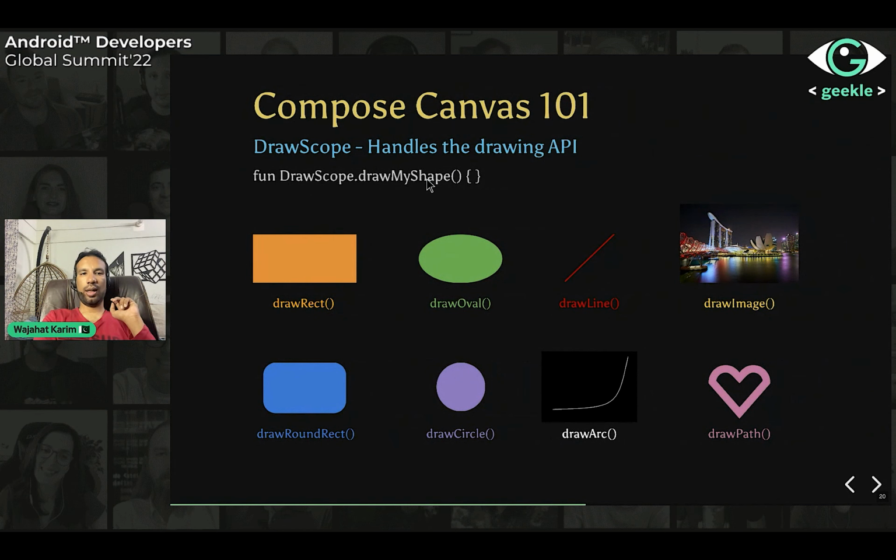Rather, you have to create extension methods of DrawScope. We already have a bunch of methods, like draw rectangle, draw lines and circles and paths and whatnot, and then you can create your own. So say you want to create a heart, you call DrawScope.drawMyHeartButton, and those kinds of methods, and you just do mathematics inside that